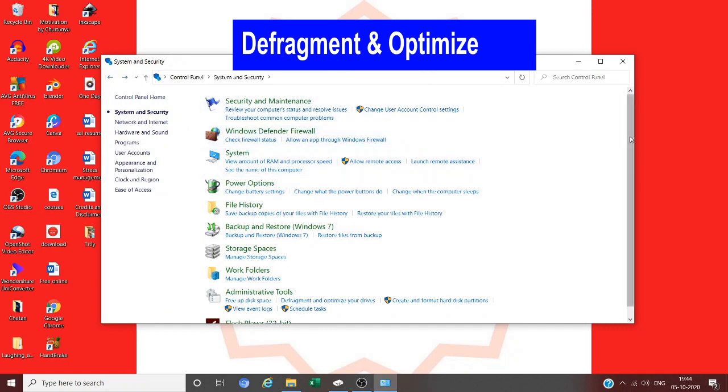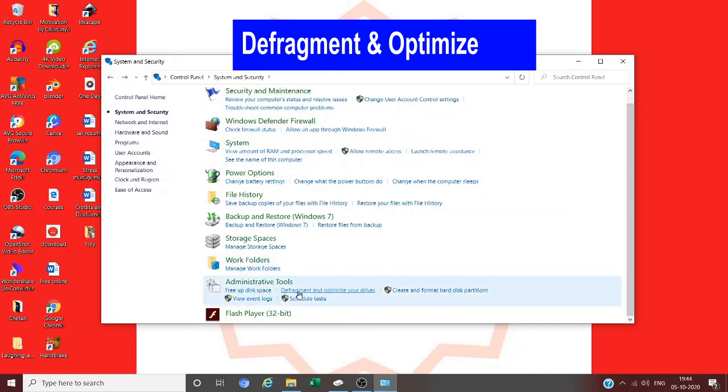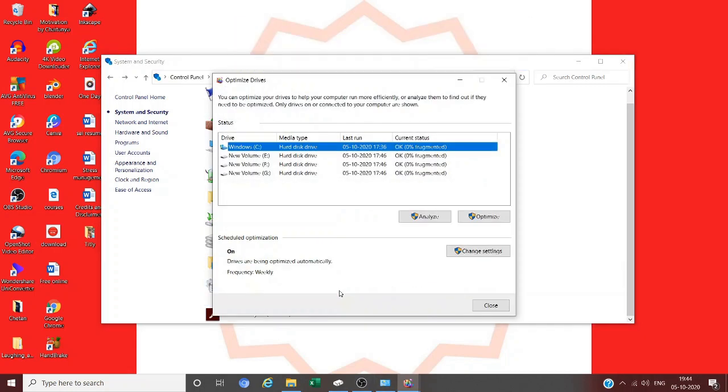Here, scroll down, and under Administrative Tools we have Defragment and Optimize your drives. Click on this. You'll get this. It says you can optimize your drives to help your computer run more efficiently, or analyze them to find out if they need to be optimized.